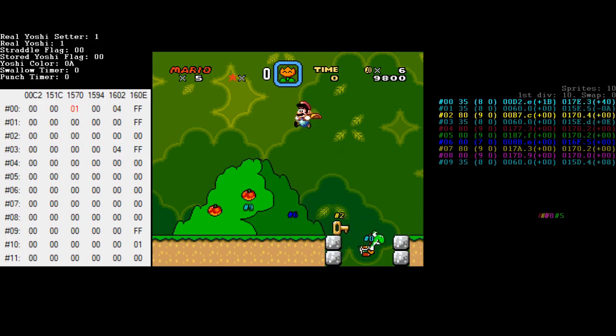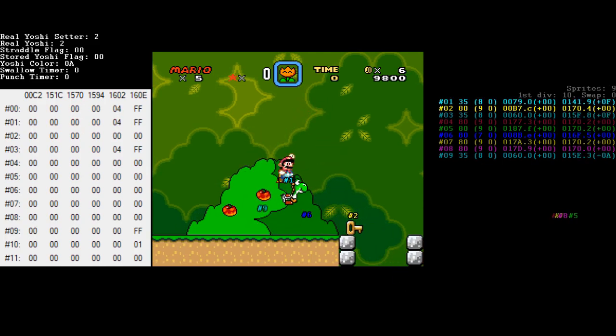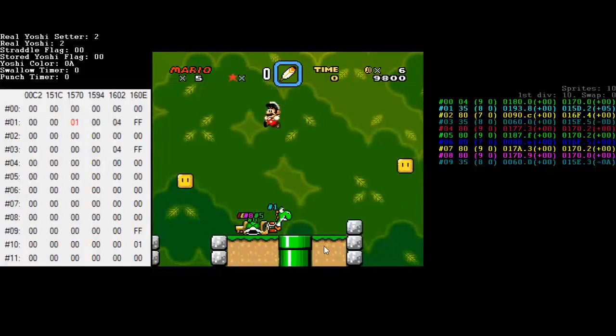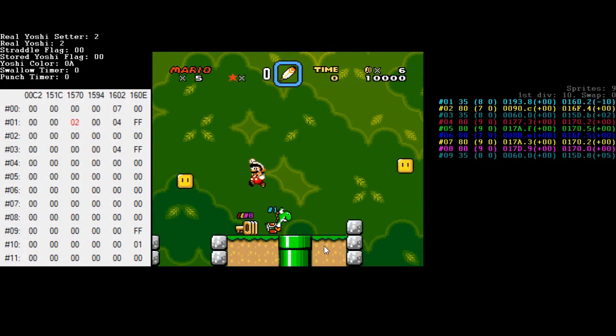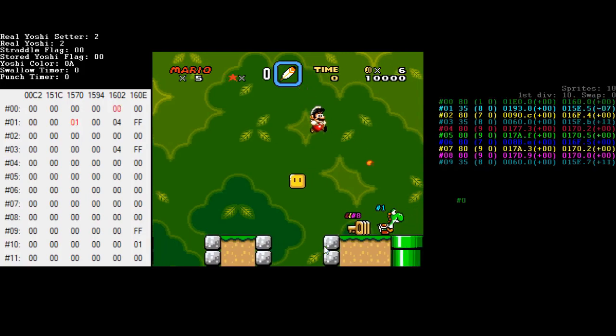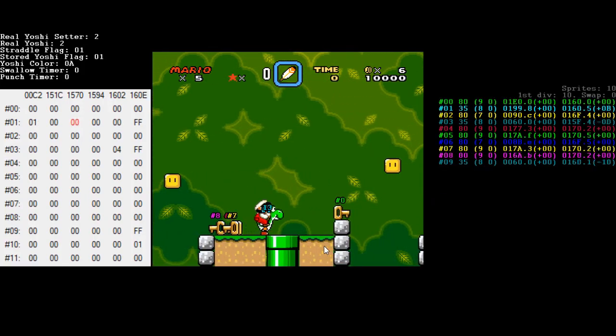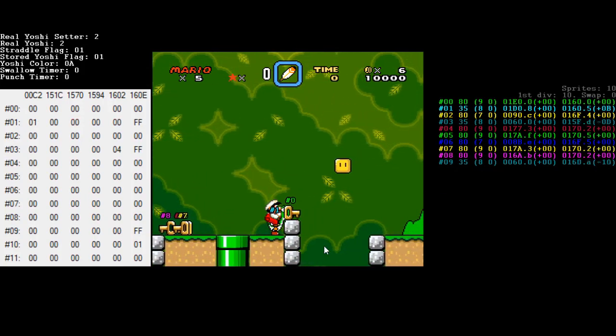if we do this again, get another flammable Yoshi. And I'm going to put, let's see, I want to get, yeah, a key in slot 0. Okay, so now I'm going to do this one more time. But this time I'm going to have a key right in front of his face. So what's going to happen here is,